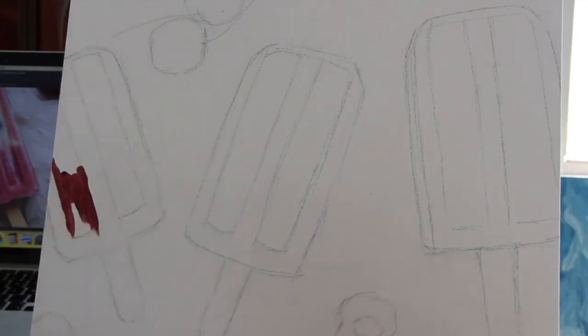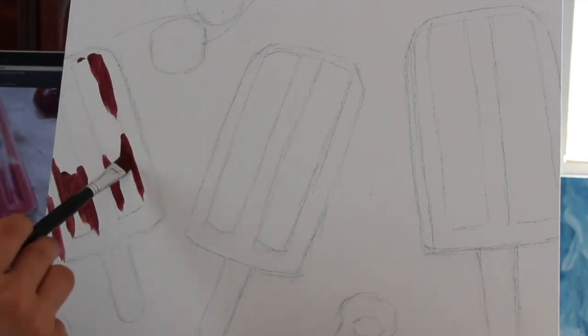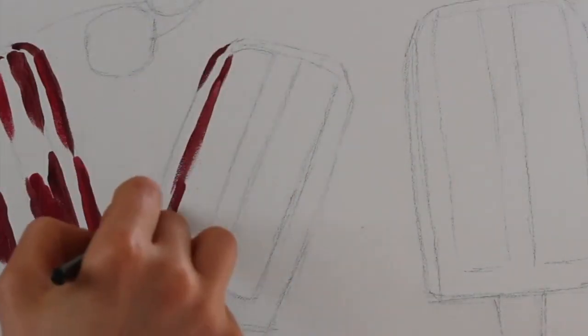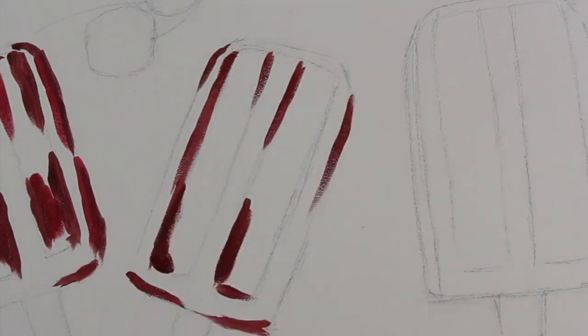I hope you're having a fantastic day so far, and in today's video I'm going to be sharing the process for cherry popsicle painting that I created using a new set of heavy-bodied acrylics that I painted a couple of weeks ago. And as you see me work on this painting, I'm going to be talking about the main differences between oils and acrylics. I really wanted to create this video because I feel it would have really helped me know these things in the beginning when I was first starting out and trying to decide on which supplies to